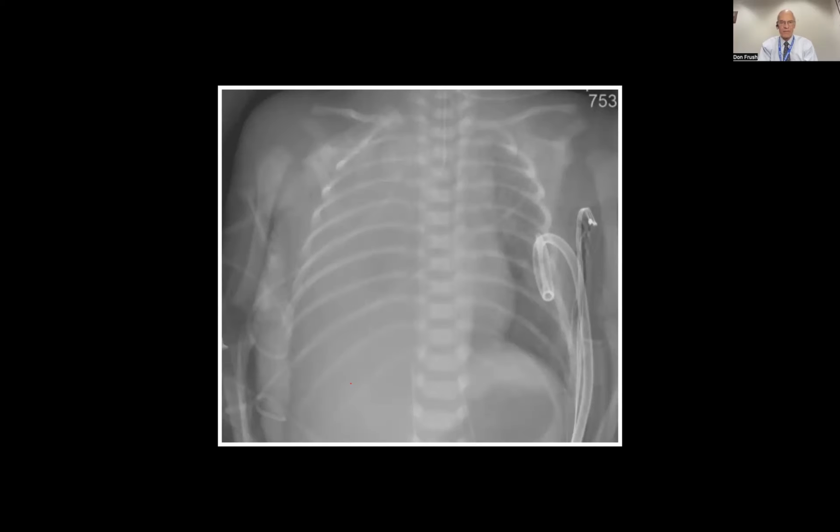Because they may have different management, right? If you have a large pleural fluid collection, you might need to aspirate that or put a chest tube in. If you've got a collapsed lung, you certainly don't want to try to aspirate that. You may need to intubate the child or change your ventilatory settings, or try to get that inflated in some way. And one of the main ways that you can tell the difference with a white lung about whether it's collapsed or not is